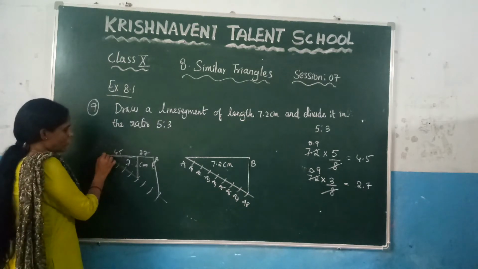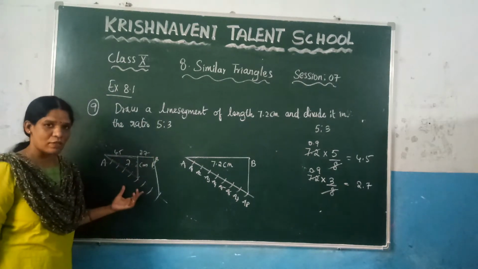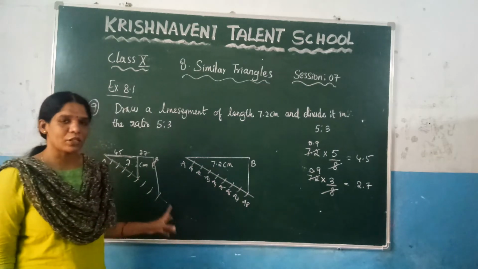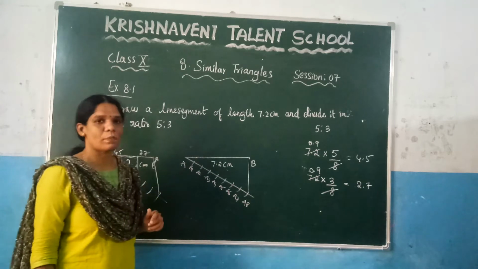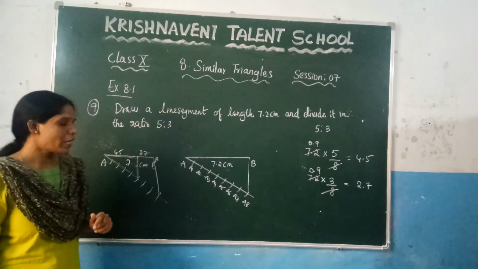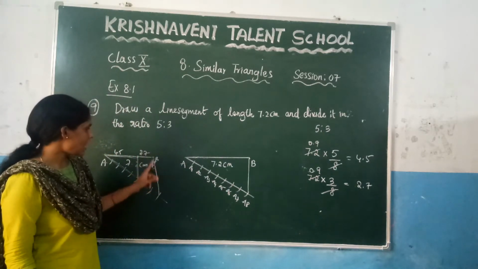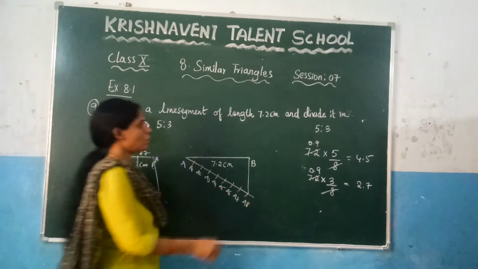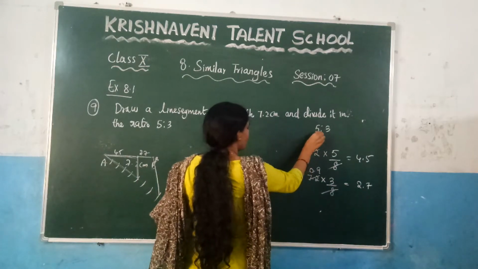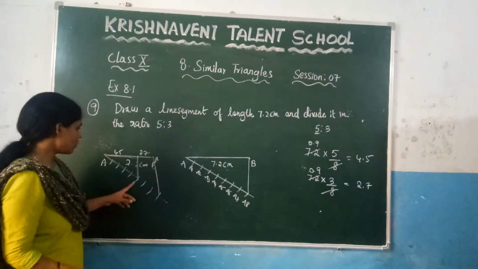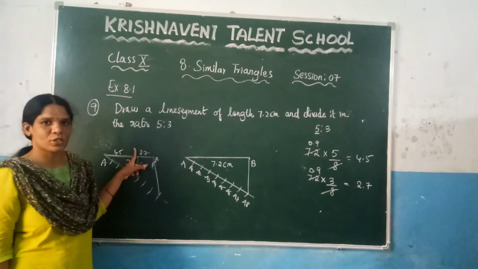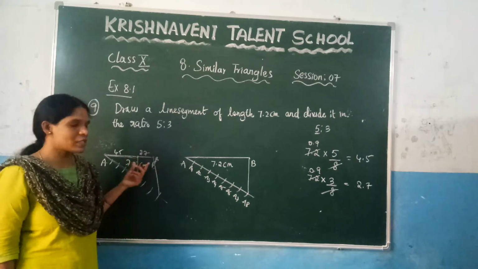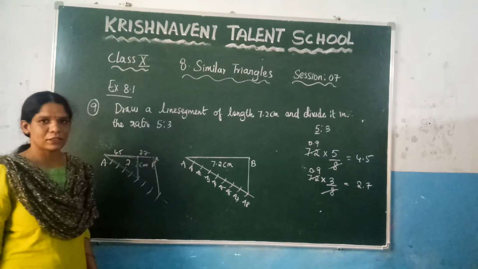And so how do you draw it first? You have to draw the line segment which is 7.2. After that you need to make an acute angle and draw 8 arcs, since the total parts are 8, which is 5 plus 3 is 8. After that you have to join the vertex B and the last arc, and you have to check which part to consider first. You need to know the fifth part, right? So at the fifth arc you have to draw the parallel line so that it intersects the given line segment and divides it into two parts. This is the fifth part and this is the third part.